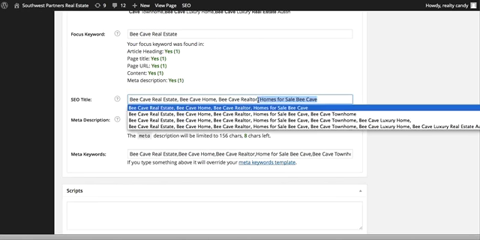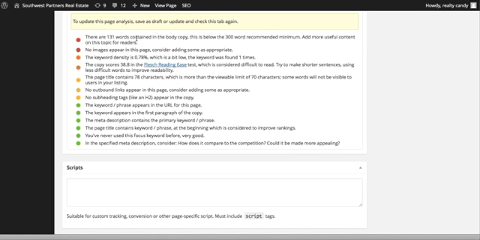So when I hit that check, you can see there are 131 words. This is below the 300 word minimum, so it looks like we need to add more useful content. There's no images, so we want to add a couple images. The keywords weren't found enough in there, so we may want to put one or two keywords. It's too difficult to read. The page title contains 8 more characters than it should, and there's no outbound links, so we may want to put a link to another page or two on your website. And then in the copy,